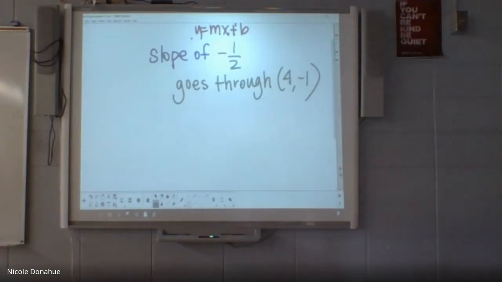Then the 4 is going to go here. That's going to multiply by the slope, so you should be using that slope. And then the y is -1, so the -1 is going to go here. And you don't know b, so plus b. And so I'm going to combine that. I'm going to take half of 4 with half of 2, but it's going to be a negative. So I have a -2 there. So -1 on the other side, and plus b. So I'm trying to get my b alone, so I'm going to move this over. There you go. So what's b going to be?